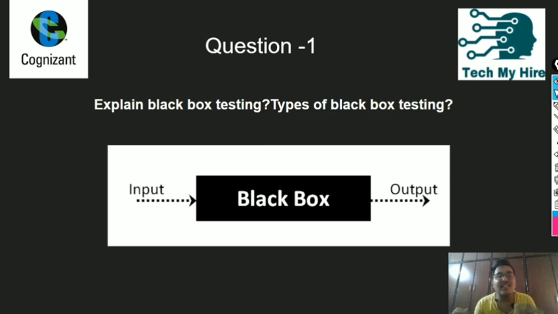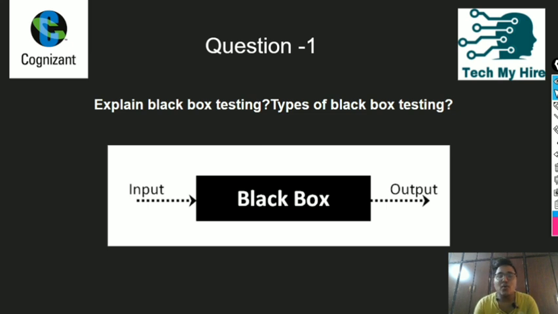We are not bothering about the internal code structure or implementation part. Rather, we are just checking whether we are able to get the desired output or not. So it mainly concentrates on the input and output.